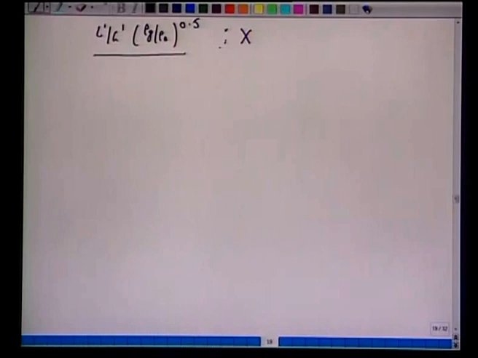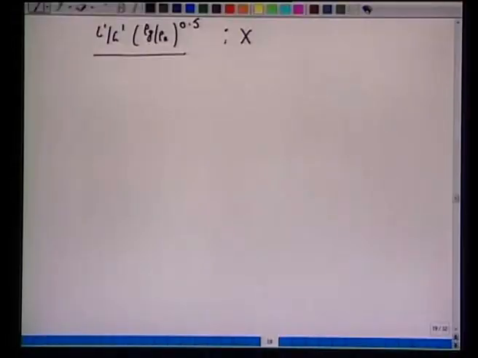You are required to visit that graph given in McCabe-Smith, the well known, popular graph which was generated in 1938 by Eckert, later modified. You might see several versions of this. So, the Eckert Pickford plot, where you have this loading and flooding criteria. Go to the plot and see what we have with x quantities. Here you have L bar over G bar, rho G over rho L to the power 0.5. Similarly, you have certain quantities on y which we are supposed to calculate. So, that is what we are doing here.